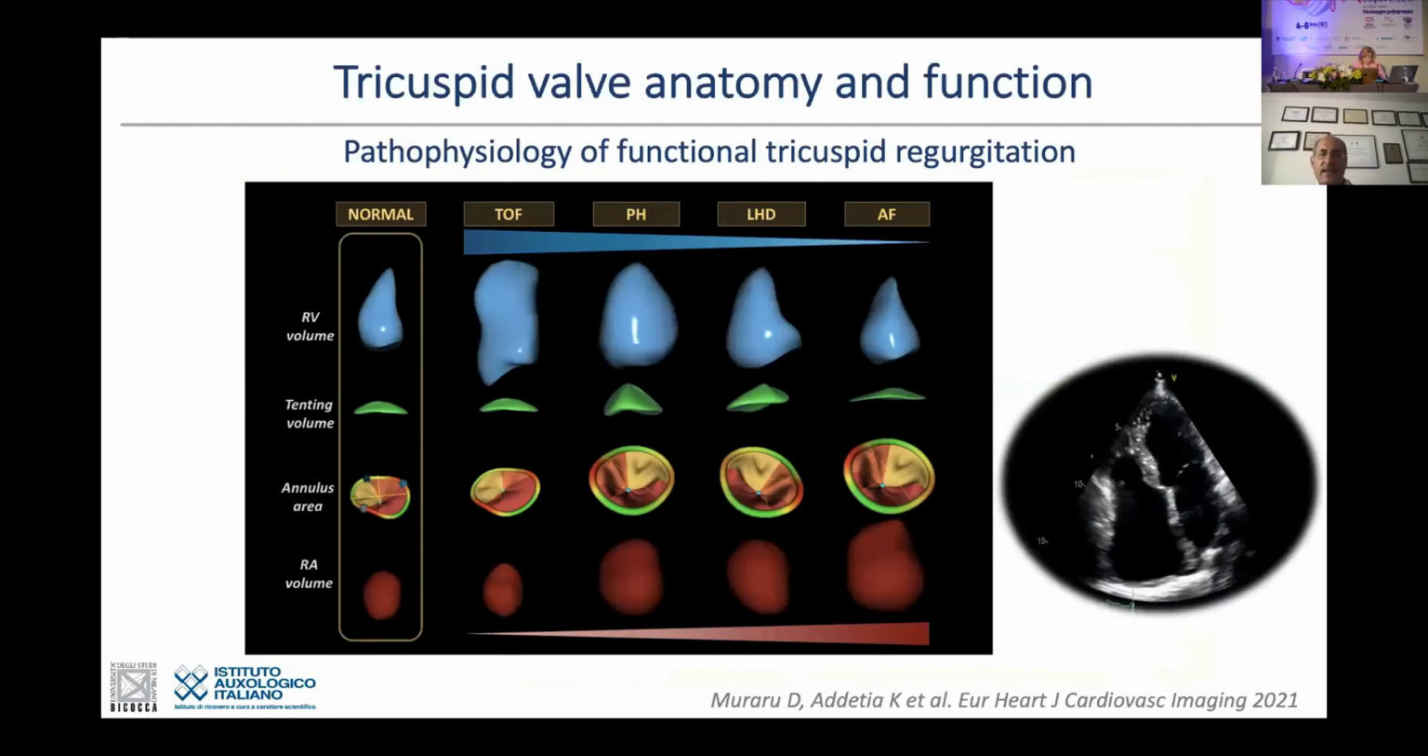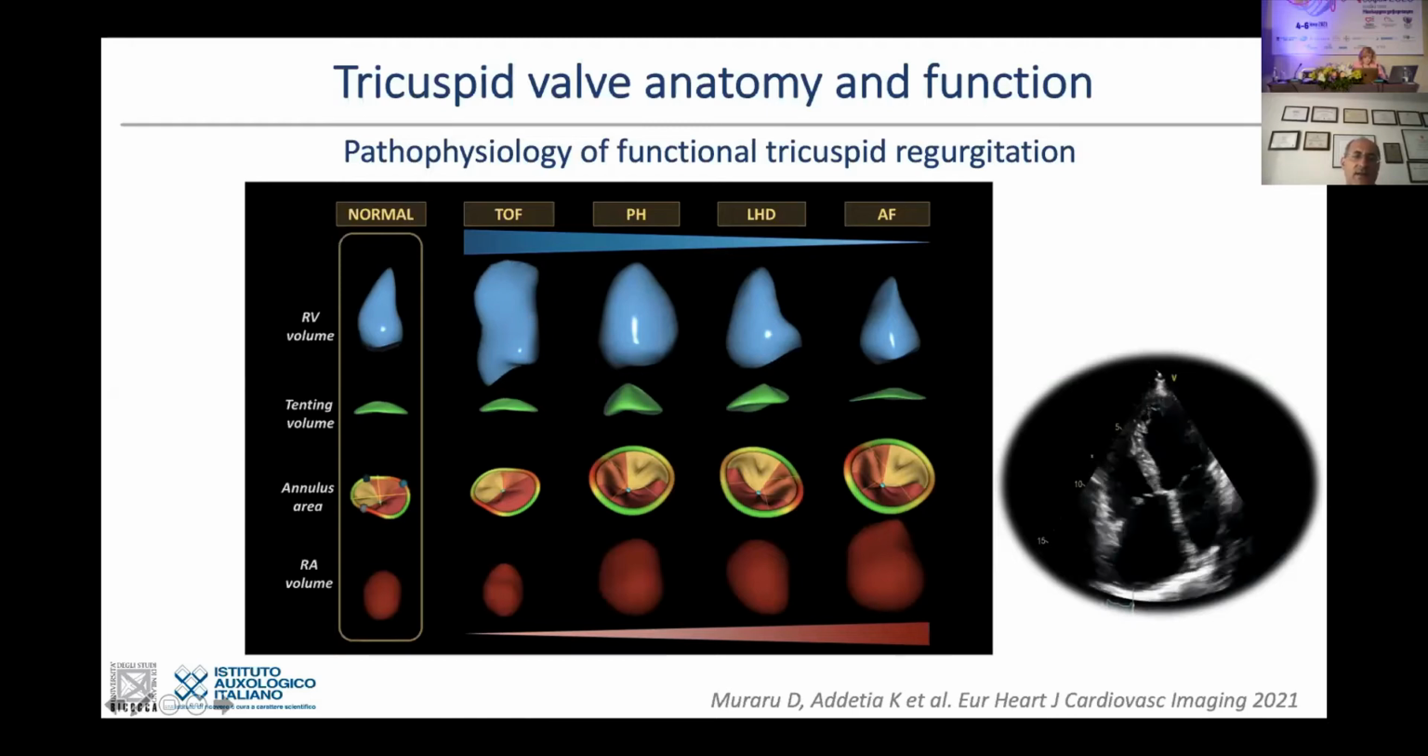And indeed that the atrium is an important determinant of the size of the tricuspid annulus has been quite recently described again by Denisa Muraro, showing that the size of the annulus goes in parallel more with the size of the atrium than the size of the ventricle, saying that in a patient with pulmonary regurgitation as a consequence of tetralogy of Fallot, where the ventricle is